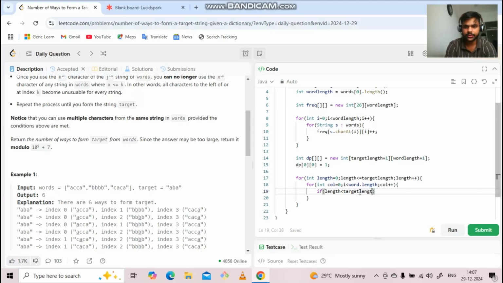So it was target length. If it is less than that, what was the dp state that we have? We can go from length plus 1, and the column plus 1, and what will be the answer here? I've told you that we need to get the frequency at a particular length, right? So we'll need to get the frequency at a particular length. So that will be frequency from this